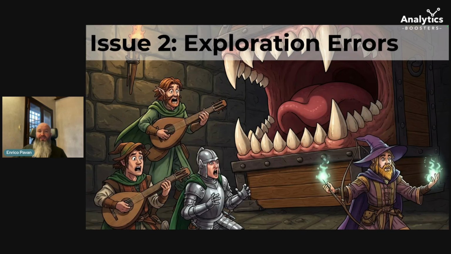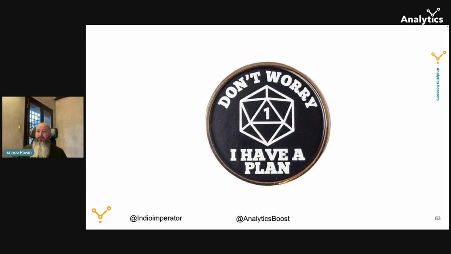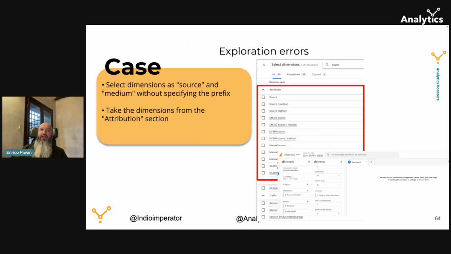And then we got some exploration errors, the issue number 2, because, for example, we are used to set source medium without any specific prefix. And then we forgot that we are going to analyze something related to the attribution section. And sometimes we got, for example, no data for the combination of segment, values, filter, and stuff like that.